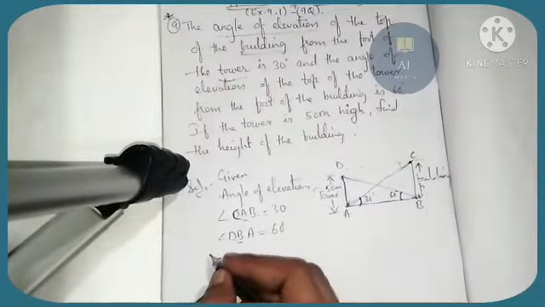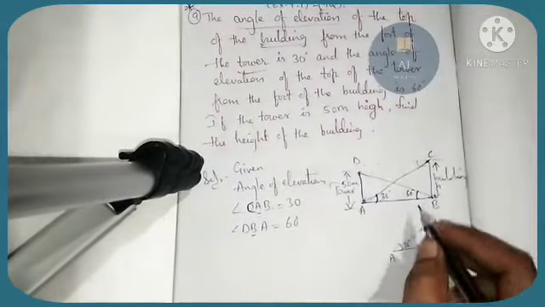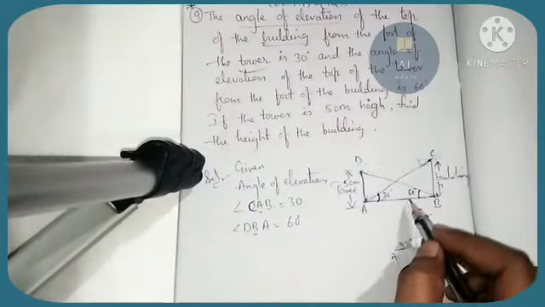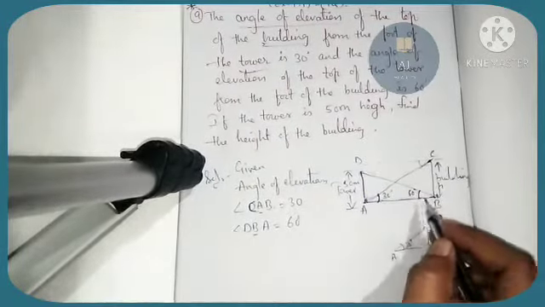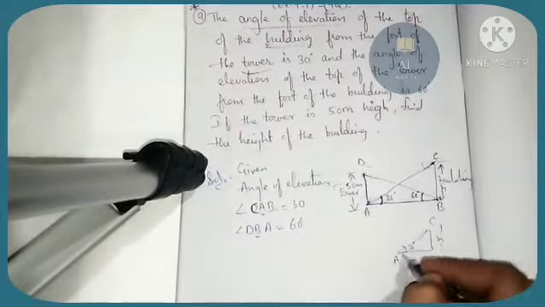Okay, now you can see over here this side we have to find. So in this triangle CAB, no side is given, hypotenuse is not given. This side CAB, this H you have to find, but no side is given, only one angle is given. So we have to find other side, any of this hypotenuse or this adjacent. So with the help of this given we can find this side AB. Okay, because here one side is given and one angle is given. With the help of this we can find AB. So that will help us in finding the height.